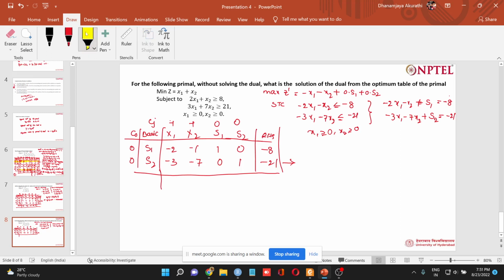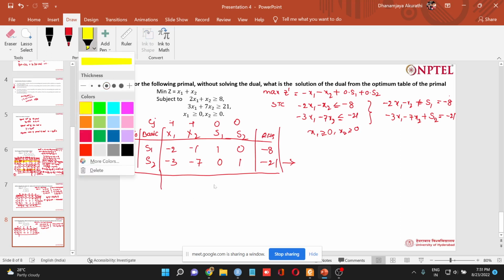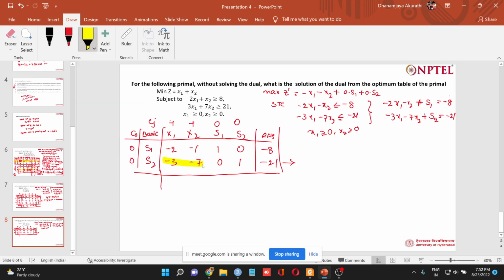After that we have to find out which of the row entries corresponding to the leaving variable are negative, and then find out the deviation row values. The deviation row means Zj minus Cj, as we see. That means 0, 0 into minus 2, 0 into minus 3, 0 minus Cj, minus into minus 1 plus Cj. So finally you can find it in this way. After that, the entering variable criteria would be